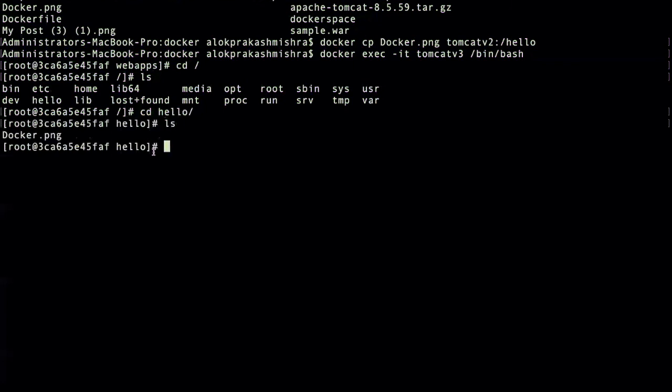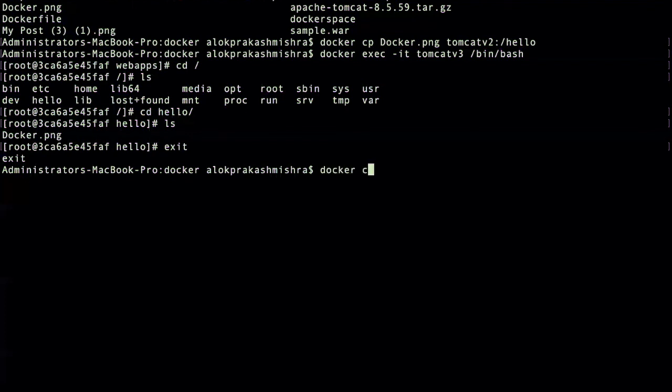So here you can see it can share the files and directory within the containers. A very nice example if you want to share any file within the containers, or you can reuse that. So we will use this volume concept. Let me just exit out.